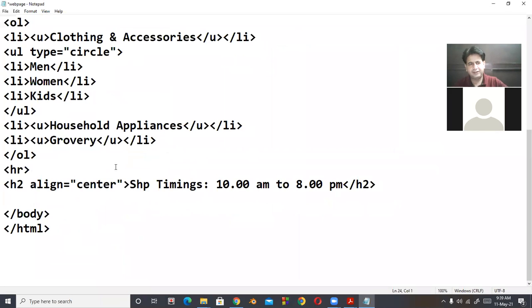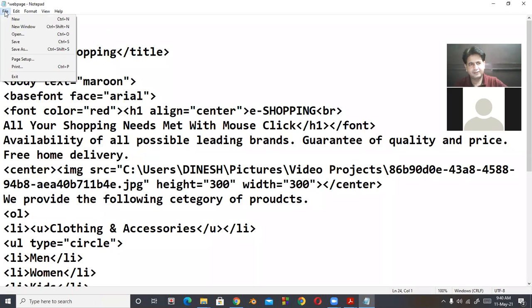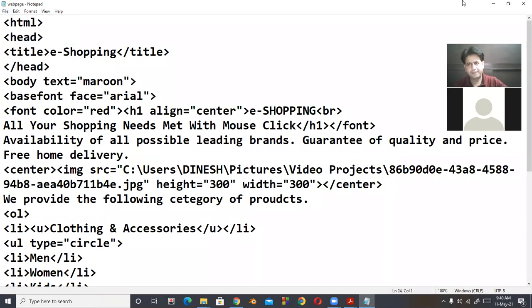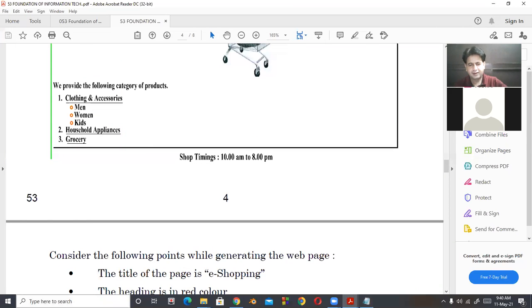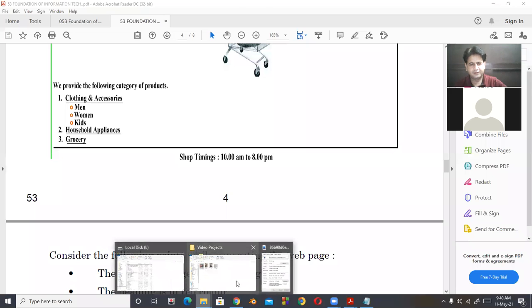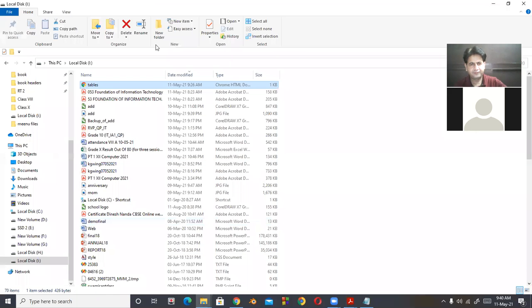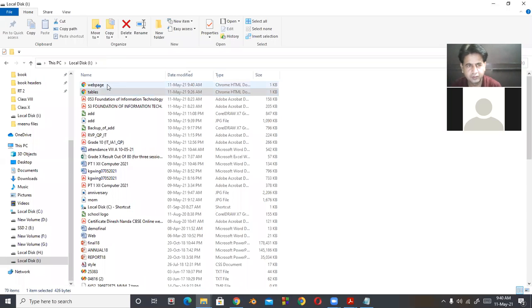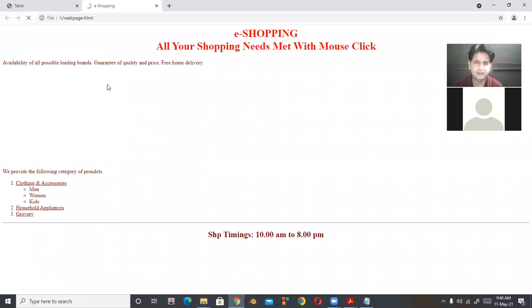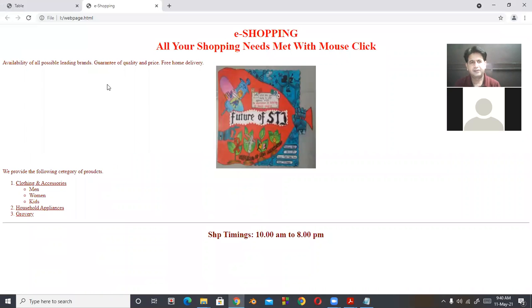So I'm saving this file, and now I'm going to open this. So here is a web page. I click on that. So look at here. This is the exact web page.